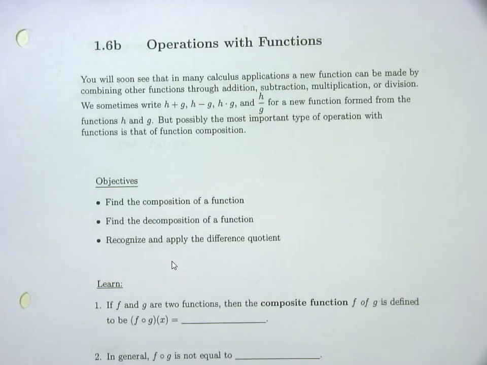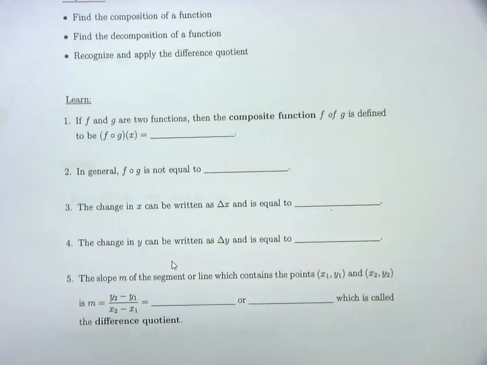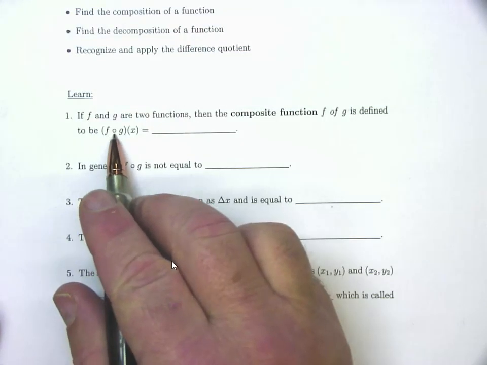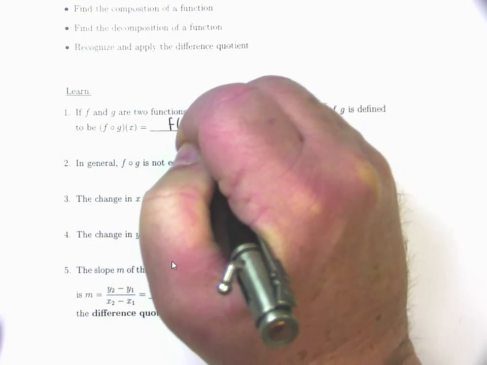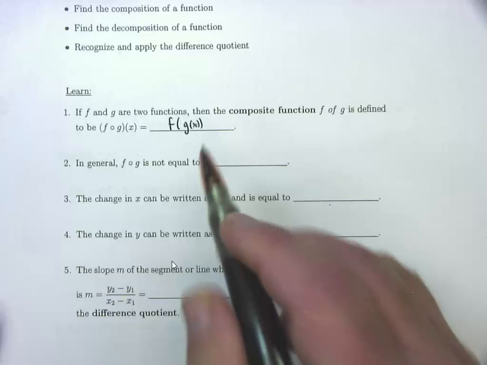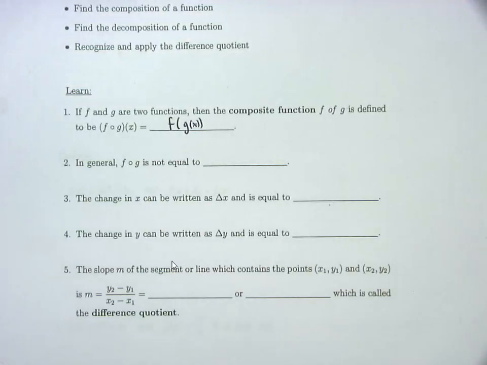So again, to set you up, this idea of composition: we're putting functions together to make more functions. That's what this section is all about. So in terms of your learn mode here, what is that little circle? You read it, f of g of x. What does that actually mean? That really means f of g of x. In English, you're going to plug the g of x function into the x of f of x to create a whole new function called a composition function. Plugging one function into the x of another function to create bigger and better functions, okay?